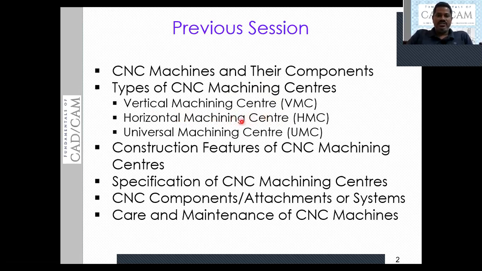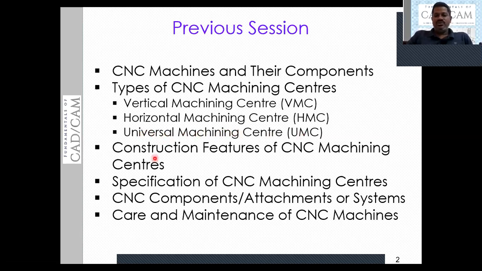But in the case of the universal machining center, tool and workpiece can be in contact either in the vertical plane, the horizontal plane, or any angle between vertical and horizontal planes. That is also possible in the universal machining center.